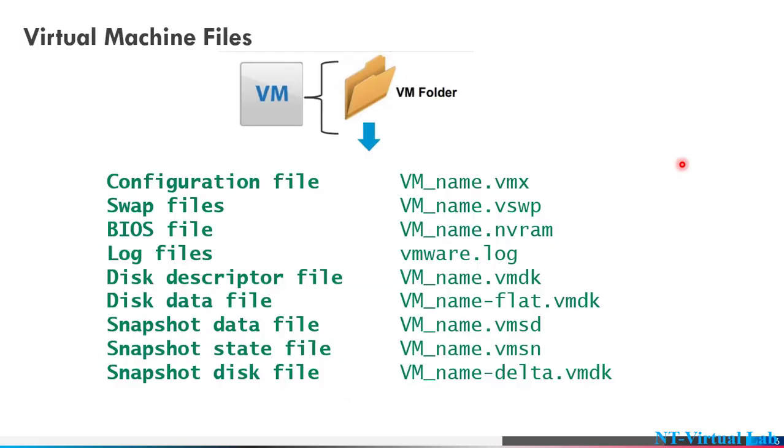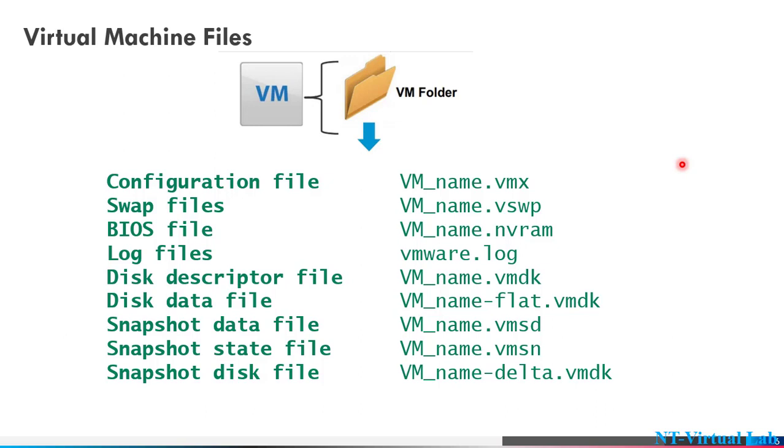Virtual machine files. When we create any virtual machine, it automatically creates a folder, and all the virtual machine configuration, hard disk files, and other files are encapsulated inside that folder. By default there are different files.